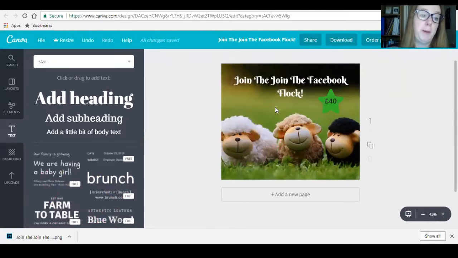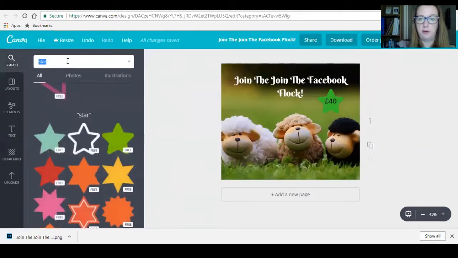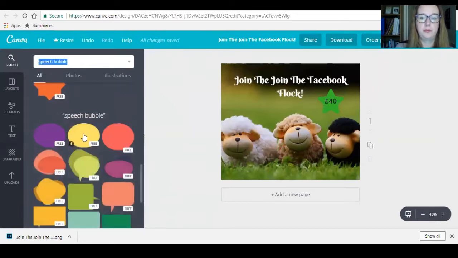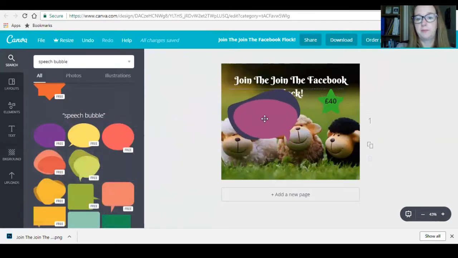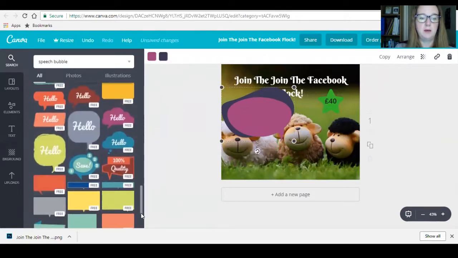And then you can also, which I like doing on some of them, particularly if you've got pictures of people, put speech bubbles in. Speech bubble. Just try and get some speech bubbles. And again, these are free. And we can just pop a little speech bubble in here. If we scroll down here, you can see